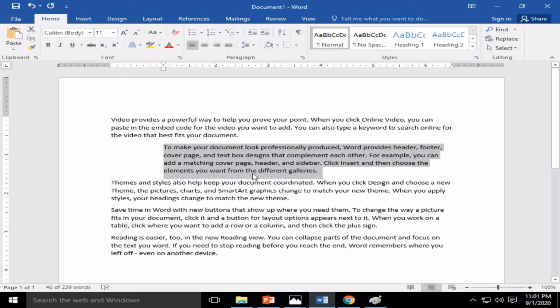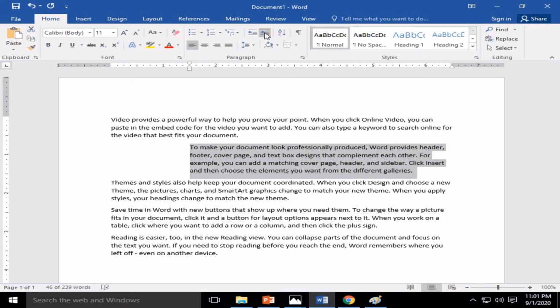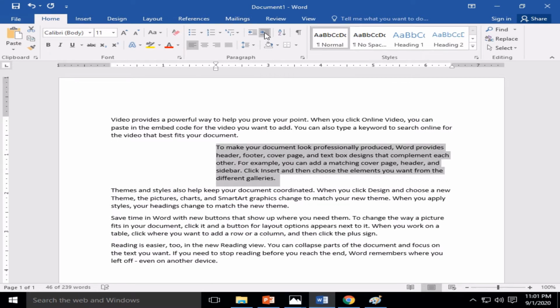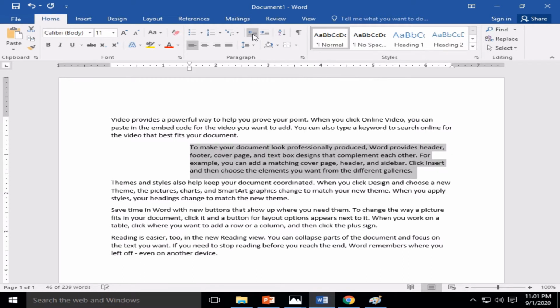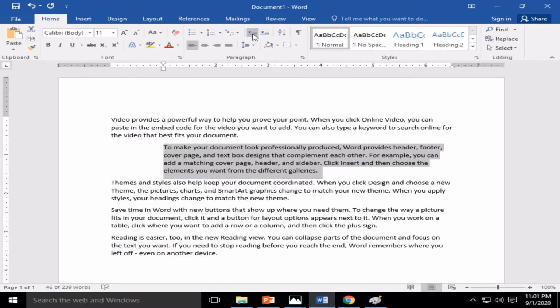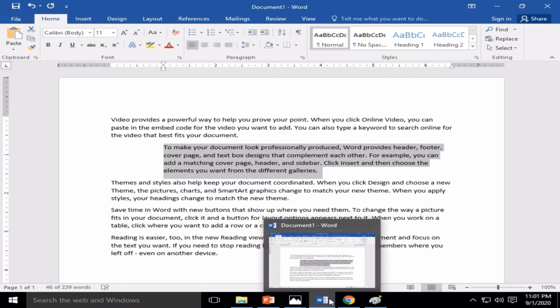By 0.5. Every time I am pressing this, it is increasing by 0.5 inches. If I am pressing Decrease Indent, it will decrease by 0.5 inches to the left side. So what is the indent?